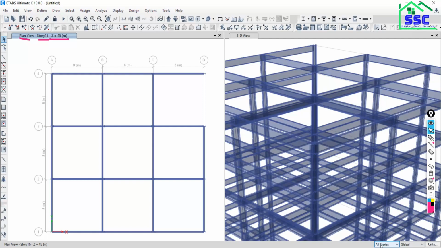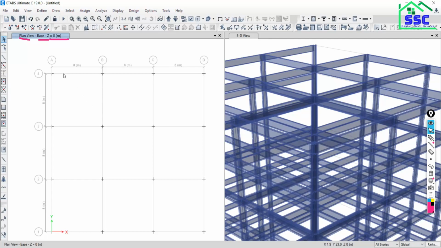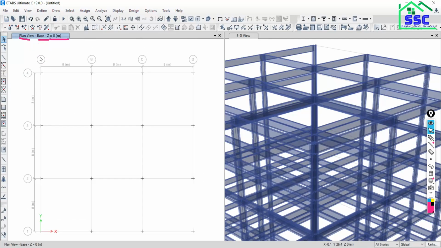कभी कभार प्रॉब्लम क्या होता है, you are working with the all story option and the step comes to assign the support at the base. So go to plan and go to base. So I am at the base and I have to assign this support to the base. So I am dragging from left to right. अगर आपने ध्यान नहीं दिया तो क्या हुआ यहाँ पर, all floors' joints actually have been selected. Which is required? Only the base. So that's the mistake, and if you are not taking care of this, you will assign the support to all the joints and your result will be completely wrong.